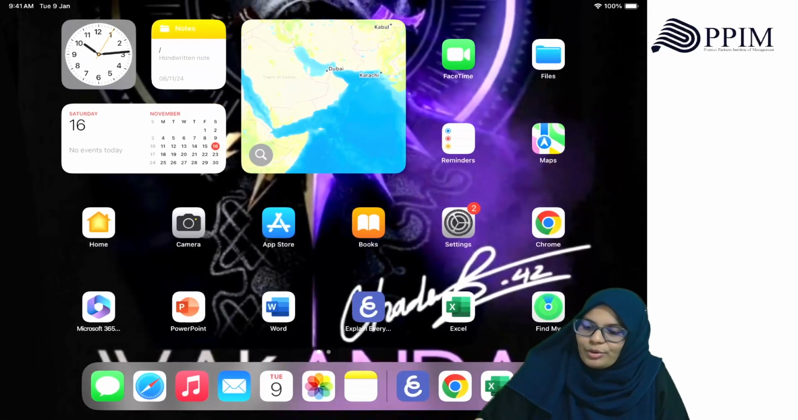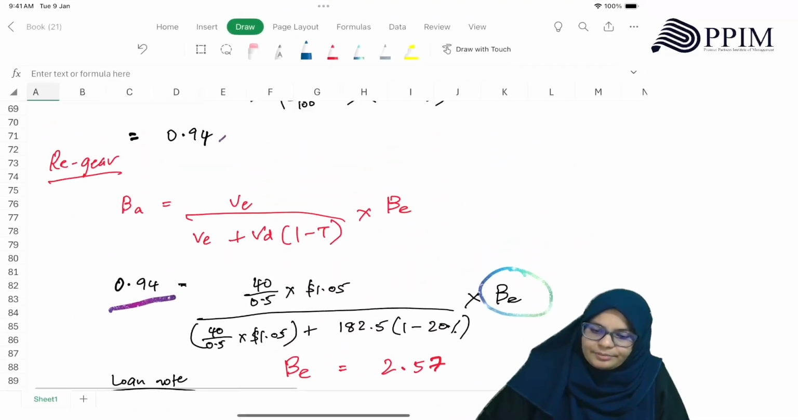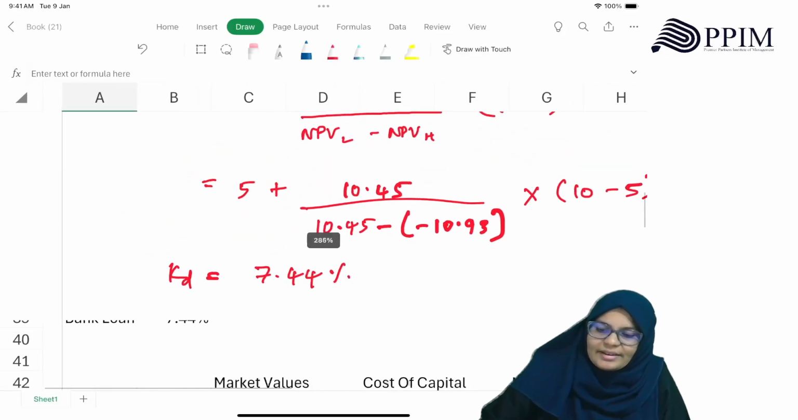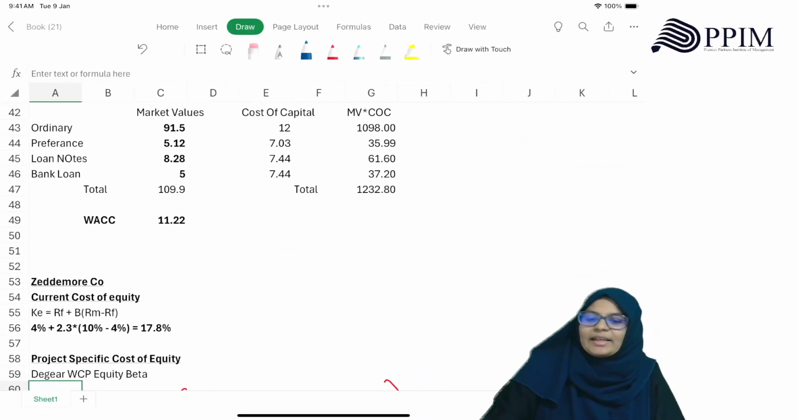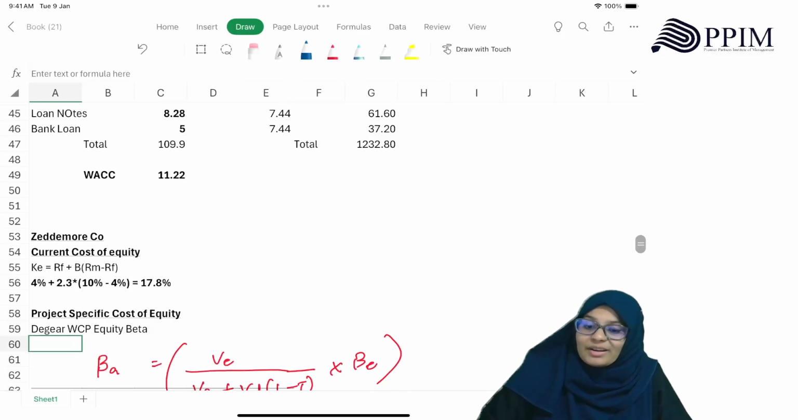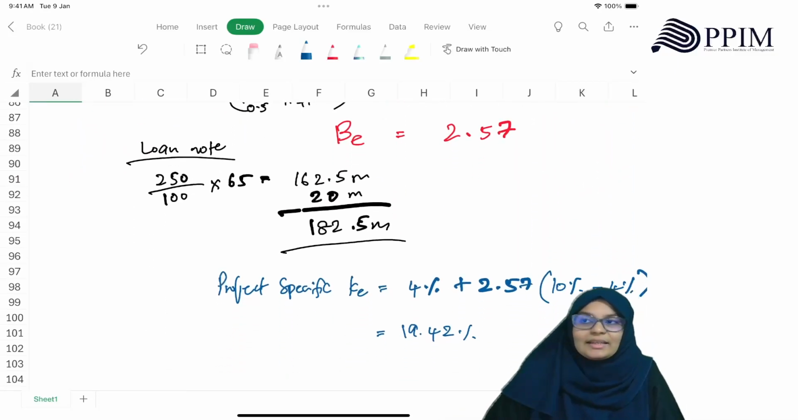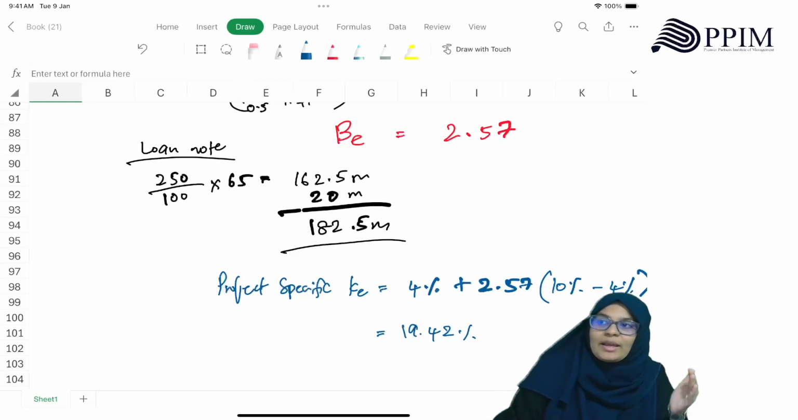Okay. So if you look at our calculation here, when we didn't use a project specific rate, our KE was 17.8%. So we are expecting our shareholders to be happy with a return of 17.8%. But when we did the project specific rate, we realized that it is 19.42%. So what the commercial director is saying is not correct. He is saying use the old rate, it's fine. But actually speaking, the shareholders may be,